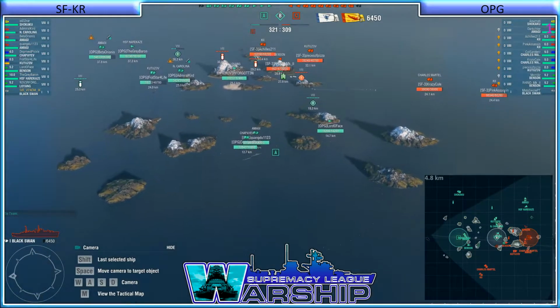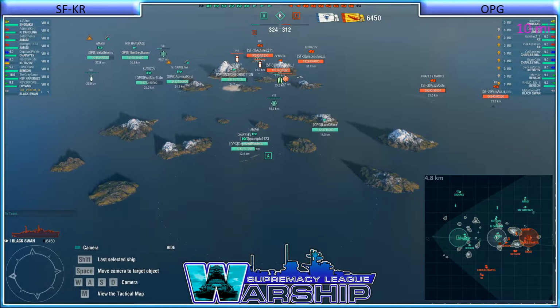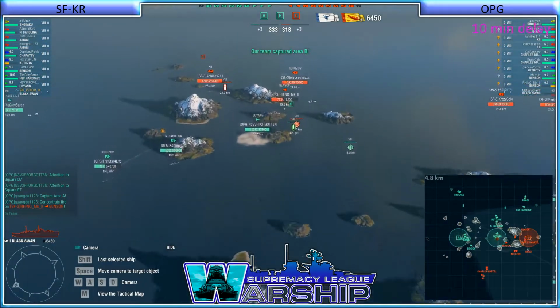They pushed him out of the cap, so it looks like OP Gaming is going to take the A cap pretty easily. B cap, a little bit of a fight there, and then the C cap goes over to SF. Oh, and Rhino takes a torp. He ended up taking the rear torp